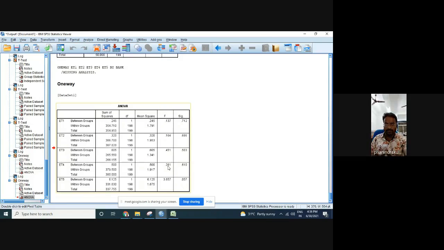Similarities have been provided between ET1, ET2, and ET3 between the groups also. It means the perceptions of SBI customers and also Axis Bank customers will show the same type of data, the same type of analysis. That's why you can write that there is no such difference among the groups.